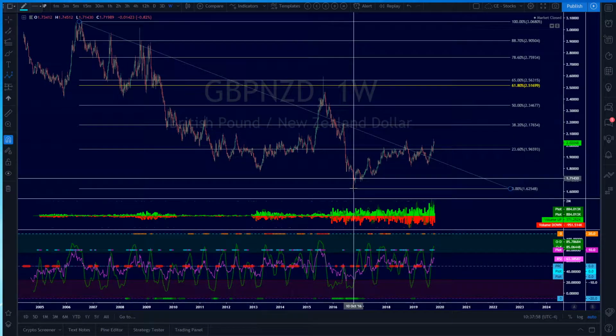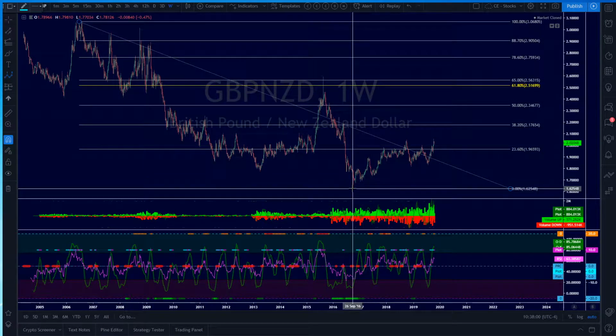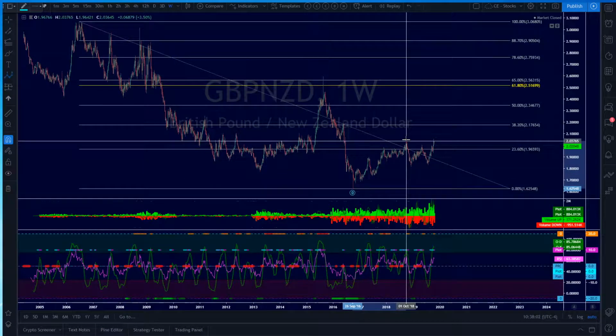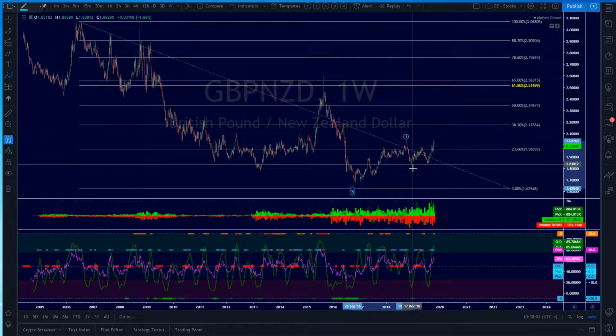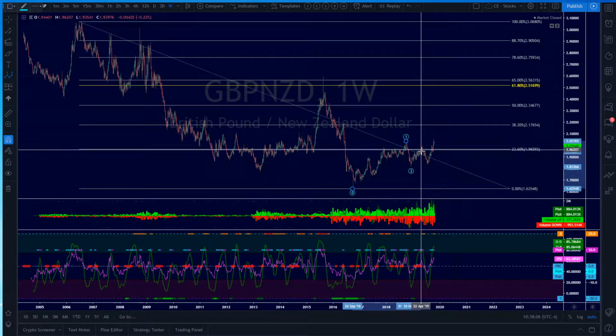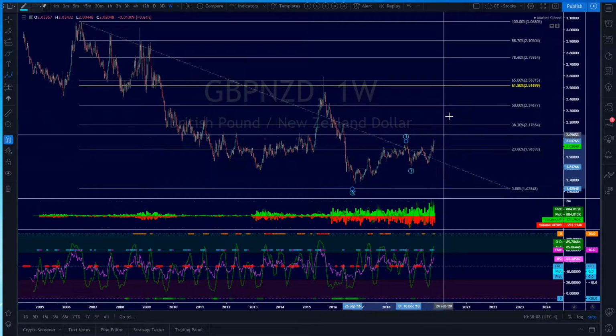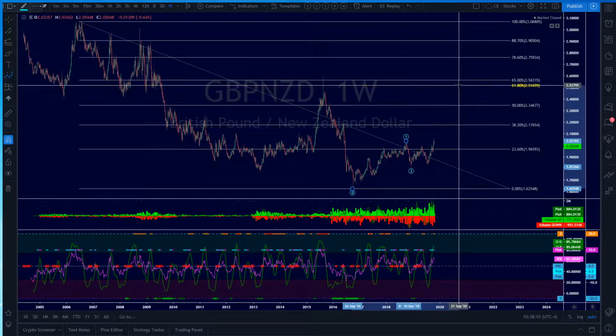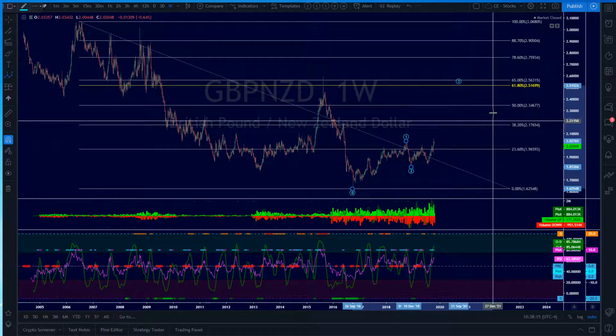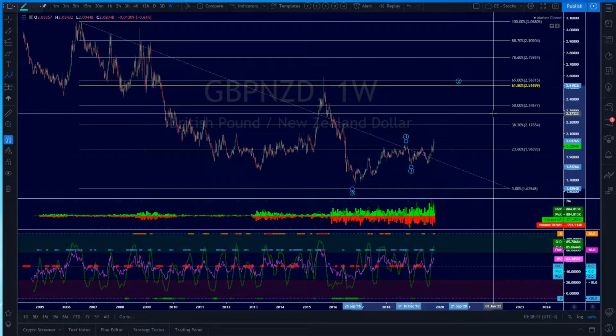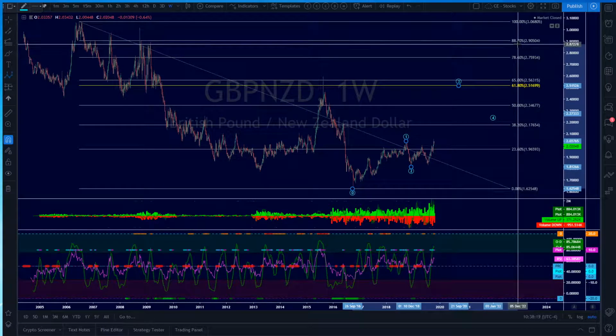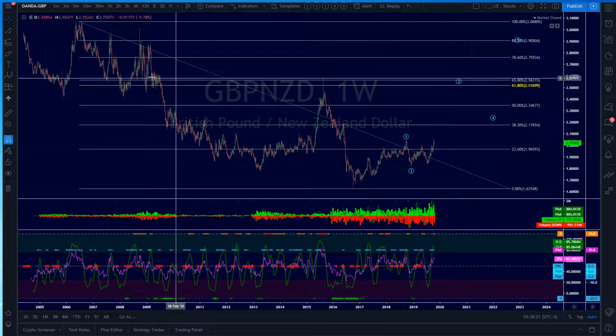So again, starting from down here, starting with a little bit of a leading diagonal all the way up to here, and then we're going down for the 2, and now we're creating a 1, 2, and then working on a 3, 4, 5, getting us all the way up here. This would be the 3, coming back down here, reclaiming this area of support, and then moving up to a 5. And the target for the 5, and again, this is all really hypothetical because I'm charting something